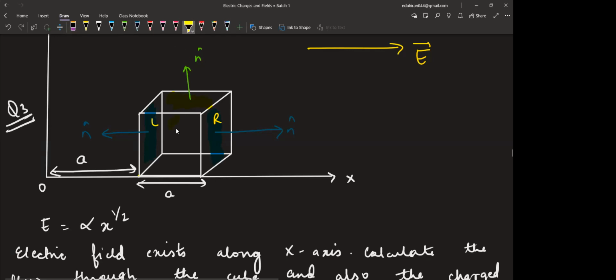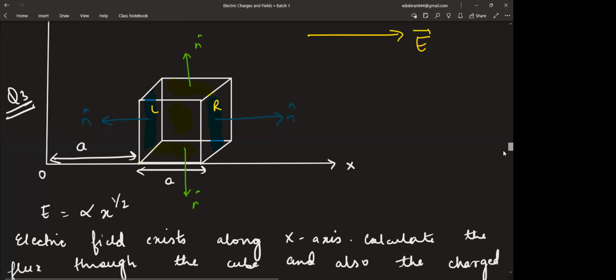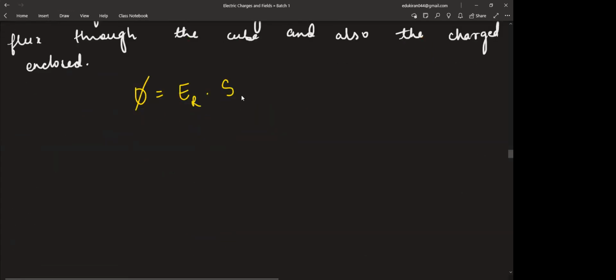If you look at this face also, the back face, its n vector will again make 90 degree with electric field. Similarly, this front face will also make 90 degree with electric field. This bottom face will also make 90 degree with electric field. So basically you have two faces left, the left and the right. N cap and N cap, both of these are present. So for the right surface, let us first calculate